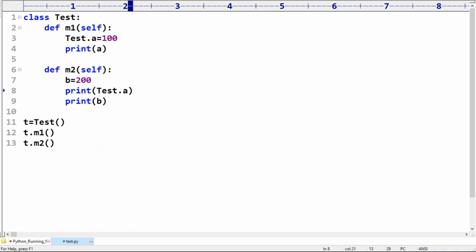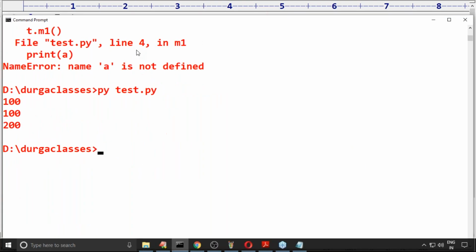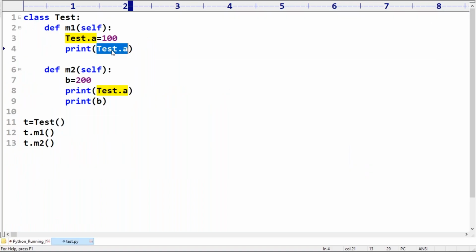What is the problem with that? Is it acceptable? Here you can't access it directly. The problem is here: Test.a, because it is a static variable, right? A static variable you can access by using the class name. Now observe. Perfect. It's working. No problem at all.